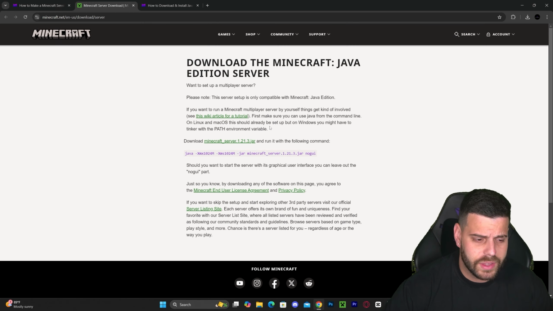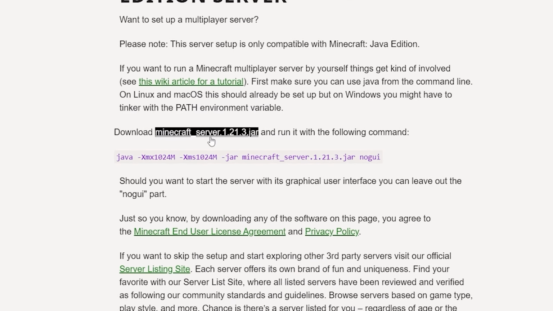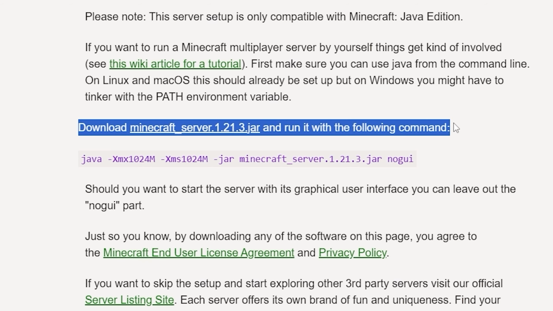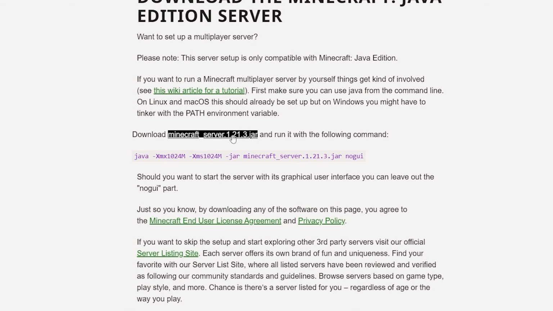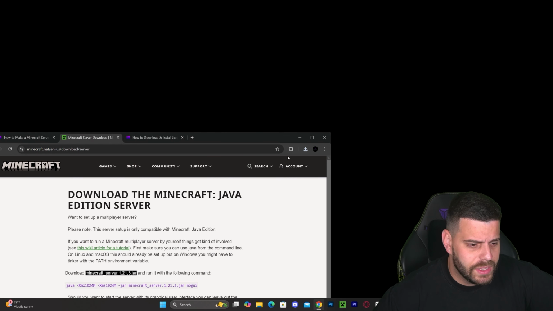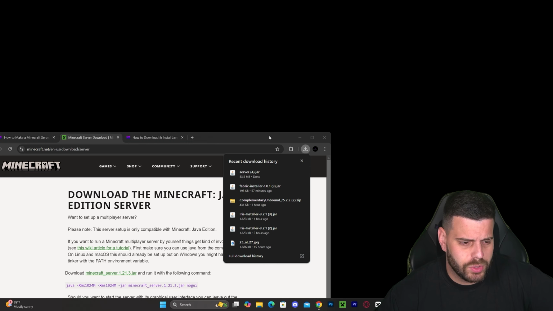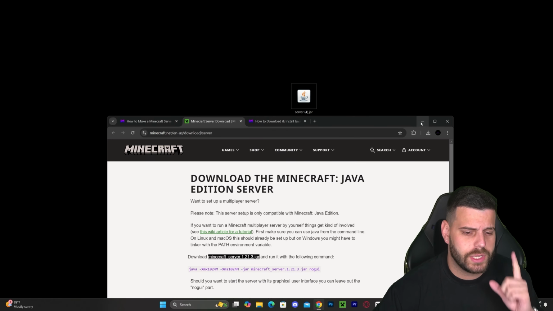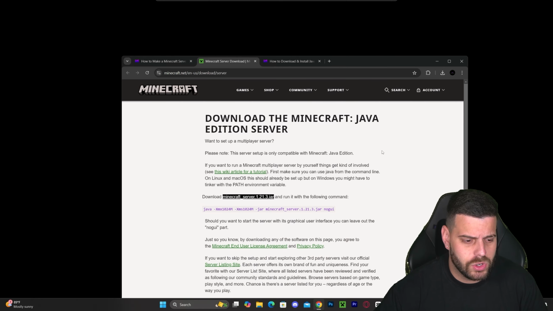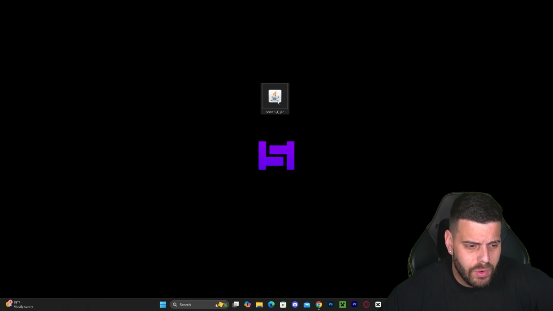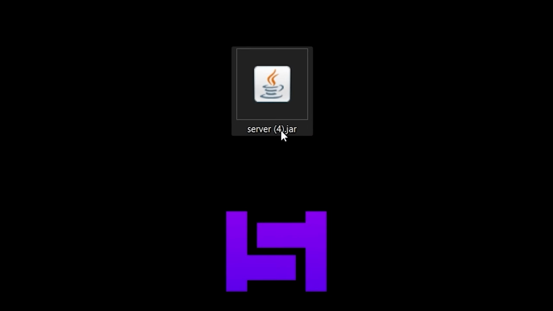That button right there. That's going to redirect you over here, where we're going to select the Minecraft server 1.21.3.jar file right here on this line in here. As you can see that green text in there, go ahead and click on that little line in there, and that is going to begin the download right away for your server file. Now with the server file downloaded, I want you to go ahead and drag and drop it into your desktop, and don't close your browser, first of all because you're watching this video, and second of all because you're going to need one more file later on, and you're also going to need to use this line of text right here. Go ahead and minimize your browser, and now we have this server file, which I'm going to rename to